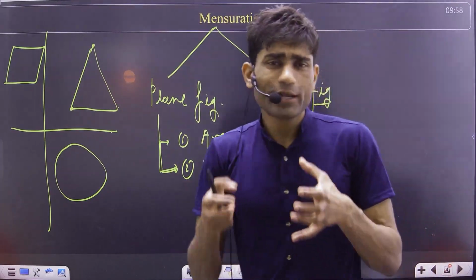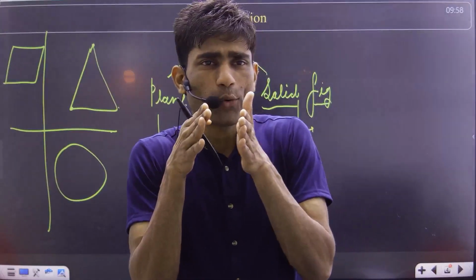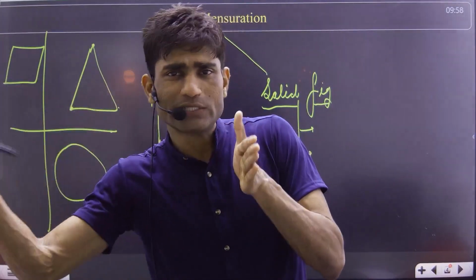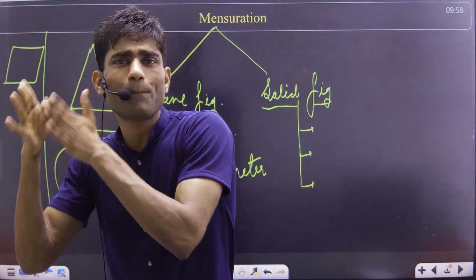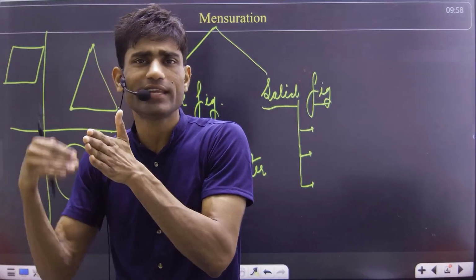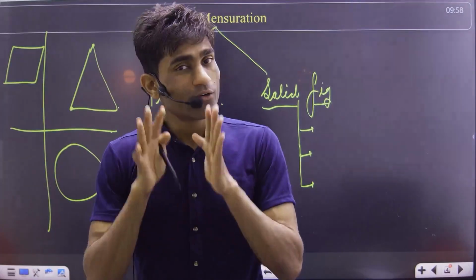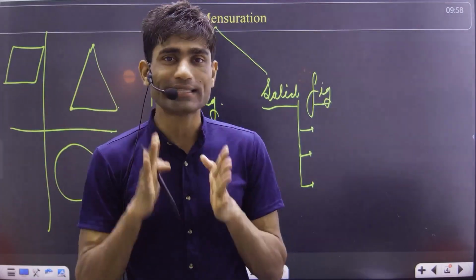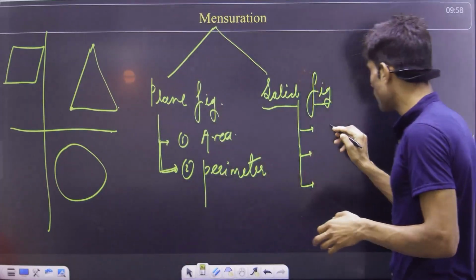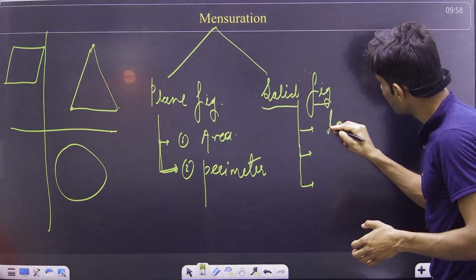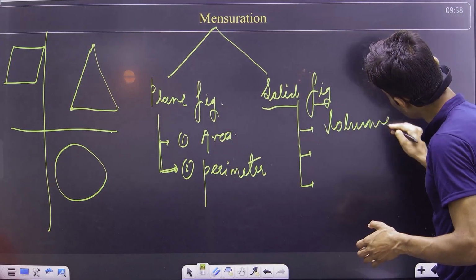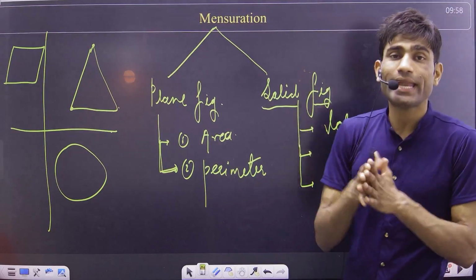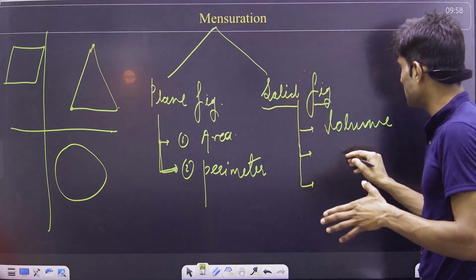Now let me explain what happens when we go from plane figure to the solid figure. What are the major points we have to study under solid figure? First it is volume. Obviously it is volume, okay. Secondly, we know that there is the surface area,